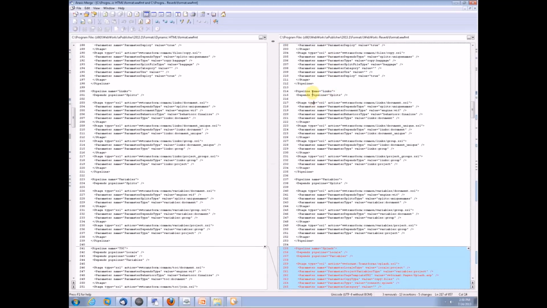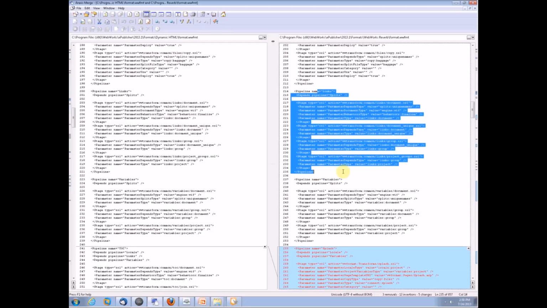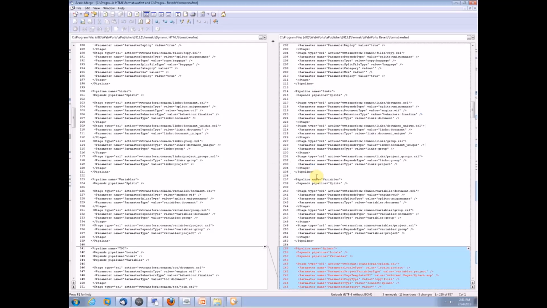Okay, next part's links. Leaf was trying to do something with some of his file names, or maybe with some named anchors, things like that. If you want to play games with those, where do you go look? You go look here in links. You'll see that pretty much these links are handled the same way for all of our formats. If you don't like where something points to, or you'd like to change it, you might take a look at the links area and look at what data it's tracking. For this guy,